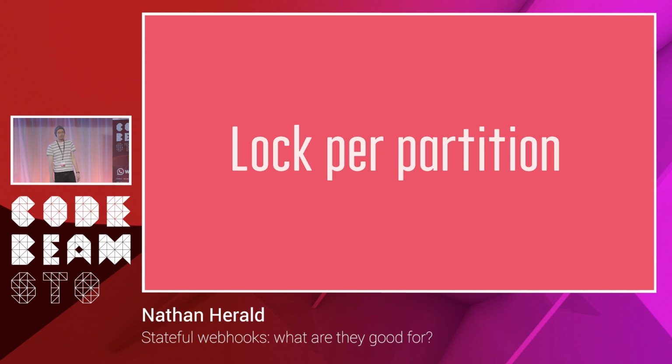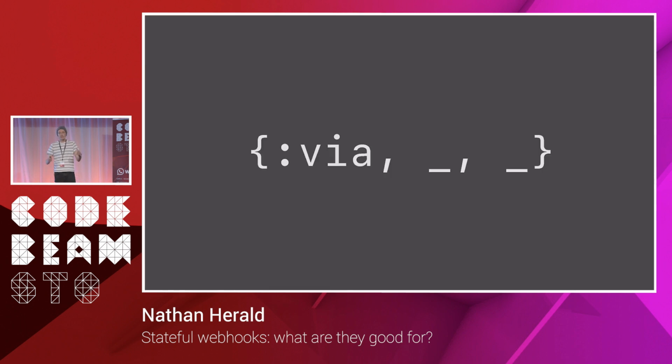If you don't know about the registry or anything, you basically just name your processes like this. You just use via. And then you can give it any name you want. Is the little second part where it has underscore. So it just allows you to give your process a more fancy name than just a string or an atom or something. So it makes it easier to do routing and things like that.